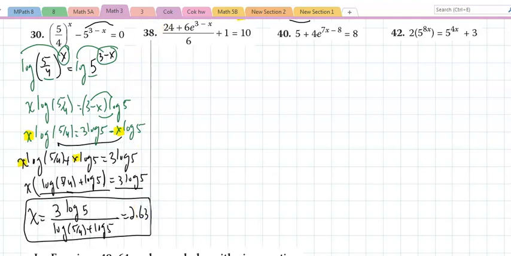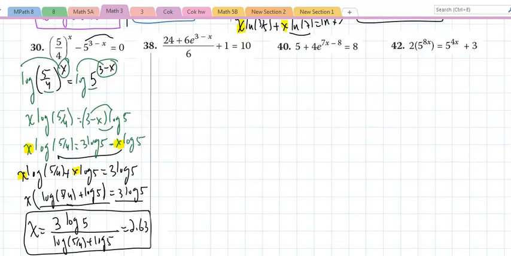The next set of problems, well, here they're starting with a base of e, no problem. I look at an equation, I see an exponential in it. This is called an exponential equation. So I would isolate the exponential by itself. This is only me. I see a fraction, I think of an LCD. LCD is 6. Since this is an equation, I could ignore that denominator, and I'm looking at 24 plus 6e